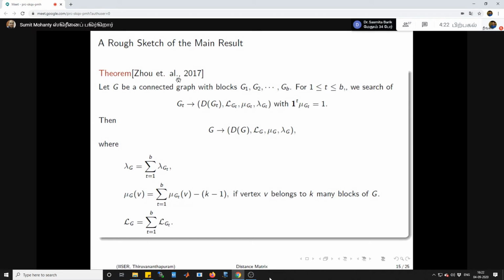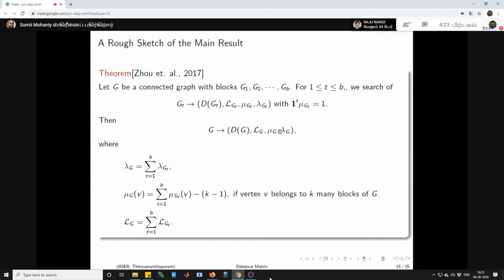I'll explain what these entries are. It needs a little bit of explanation, but because of the determinant formula, due to Graham and this result, it is similar to a vector space. If you know how the basis elements behave, you know how the whole vector space behaves, like a linear transformation. If each of the blocks satisfies this, then you get the formula for the whole graph. I'll come to this Lambda-G. This Lambda-G is quite natural to choose. Why have we chosen this Lambda-G?